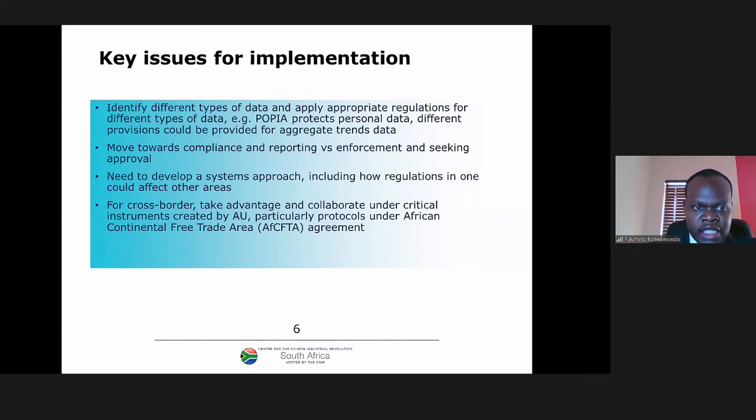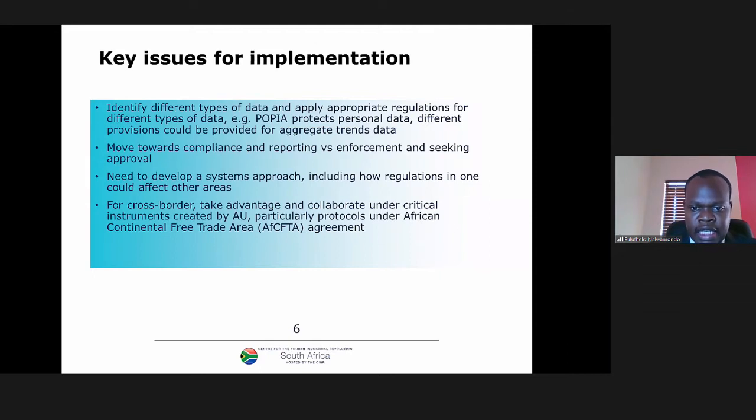The POPI Act in South Africa, and many others. The movement towards the compliance and reporting in the appropriate format. The need to develop a systems approach, including how regulations in one area can affect other areas. And in areas where we have cross-border engagements, how do we then take advantage and collaborate under critical instruments created by the AU, for instance, the African